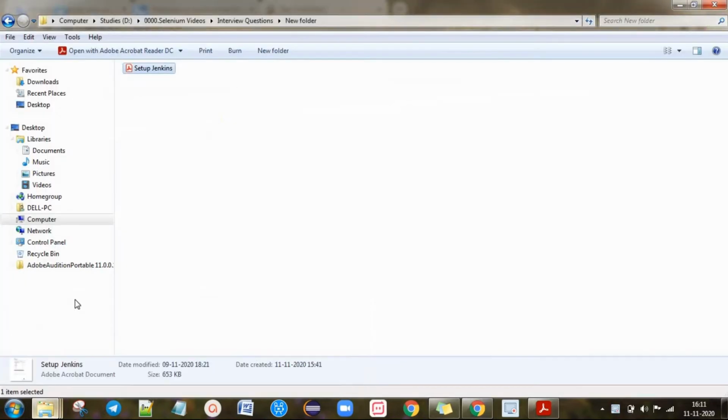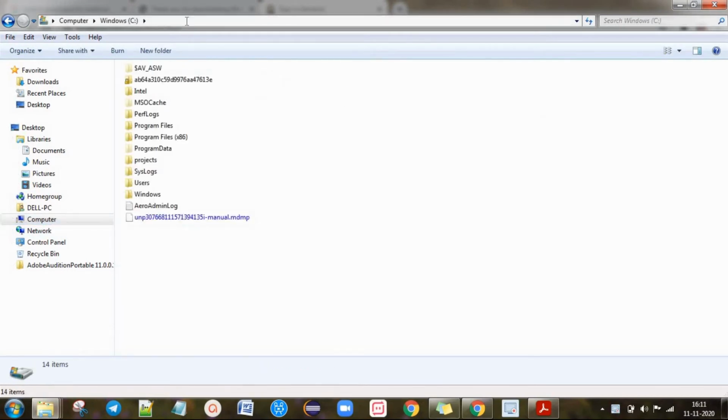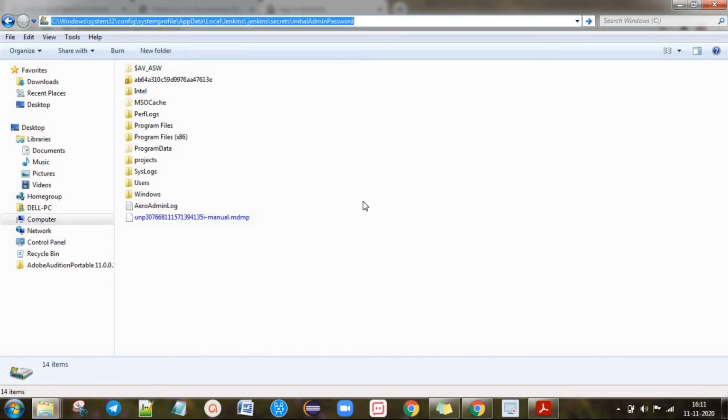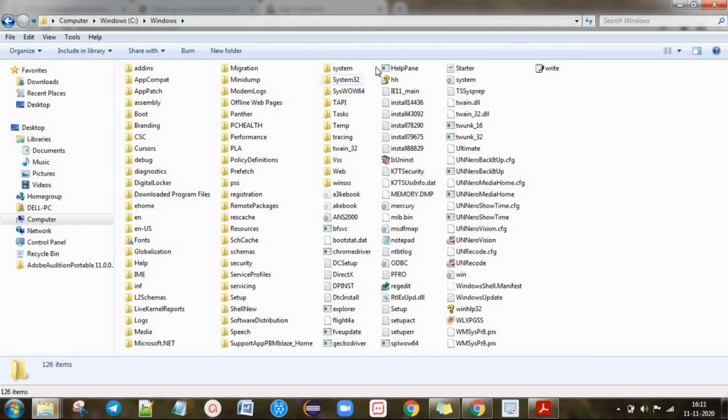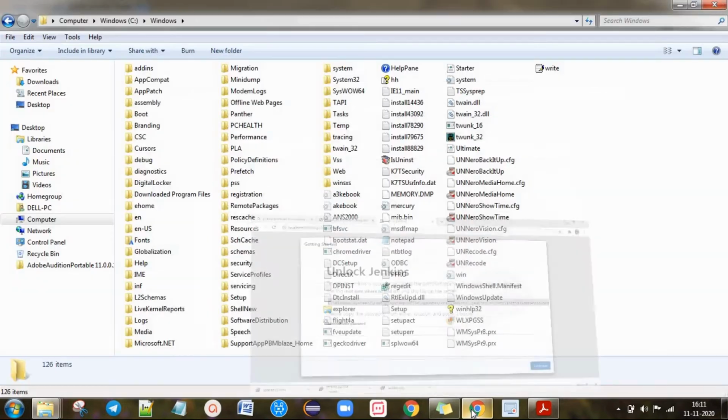So open the C drive, you just paste it. Windows cannot find it. Okay, so here what I have to do: go to Windows, next System32. That is how to find each and every folder.